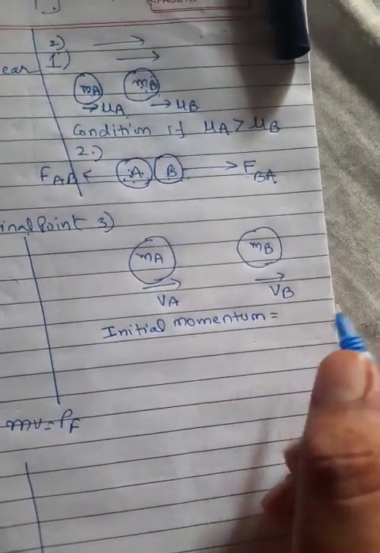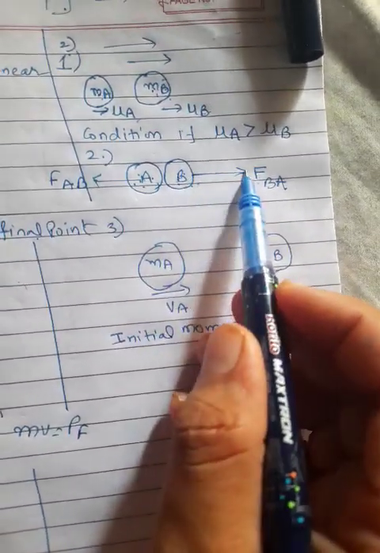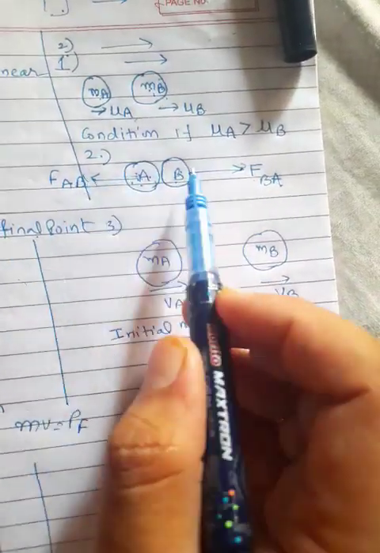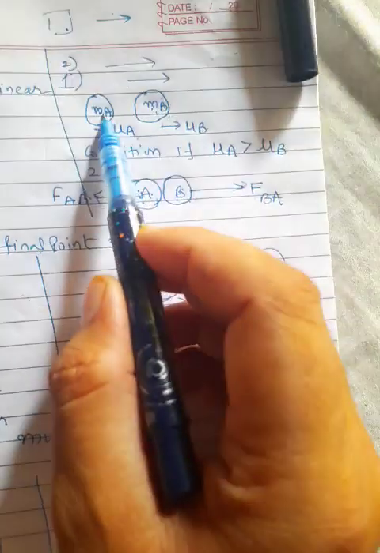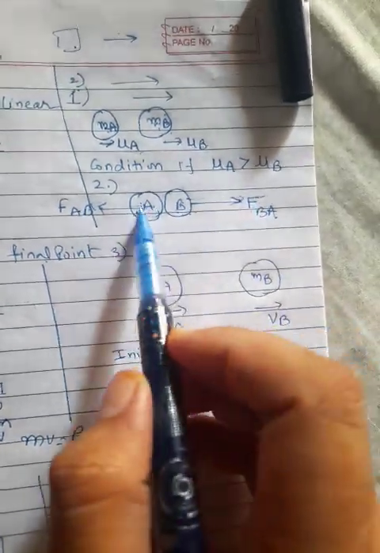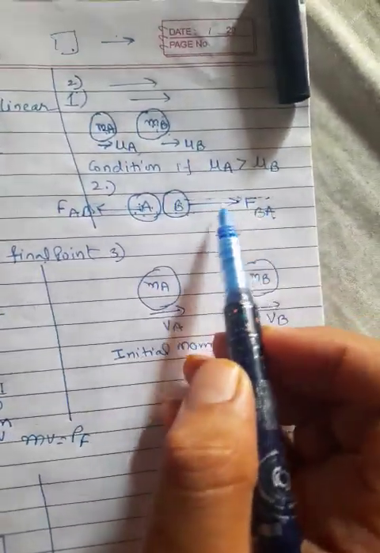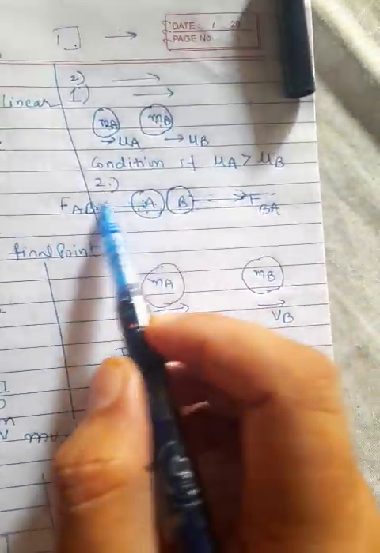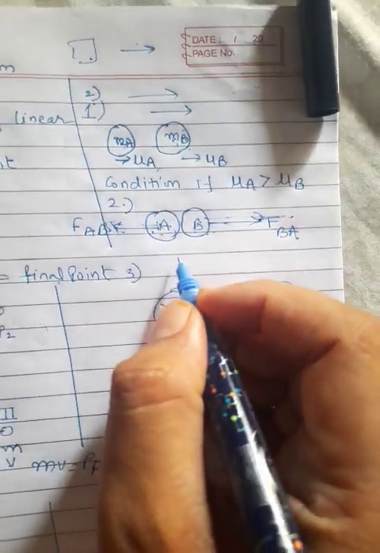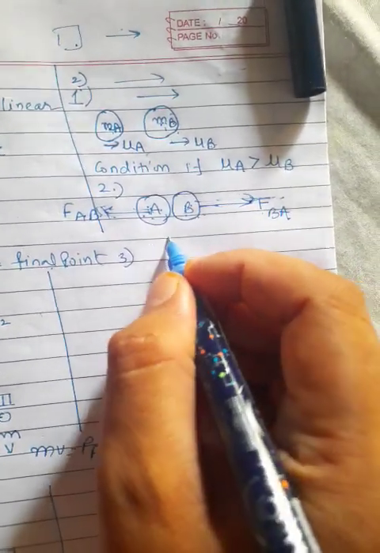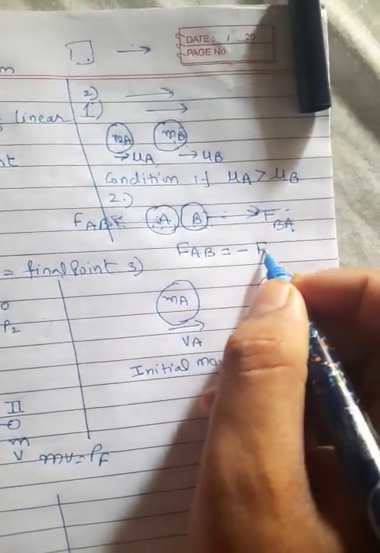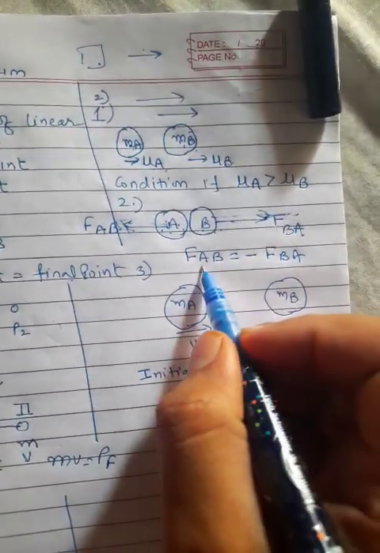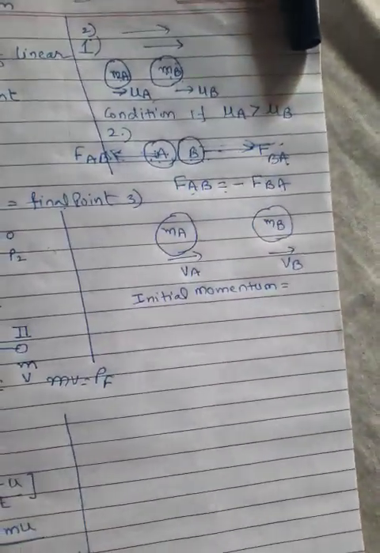One thing I am telling again, listen: this force on this side, this force on this side, so we will get here Newton's third law. Newton's third law means when both bodies collide, they will move in opposite directions, meaning action. So we can say this is the action force and this is the reaction force. So tell me students, FAB is the opposite of FBA. You can write FBA is the opposite of FAB.